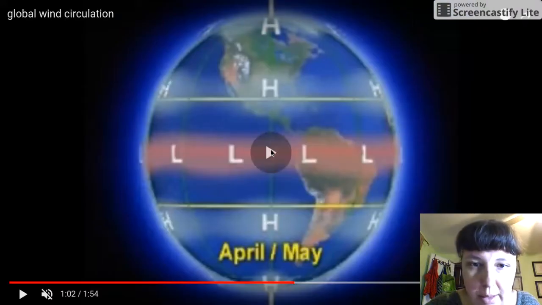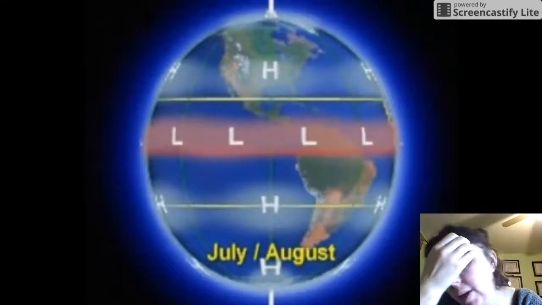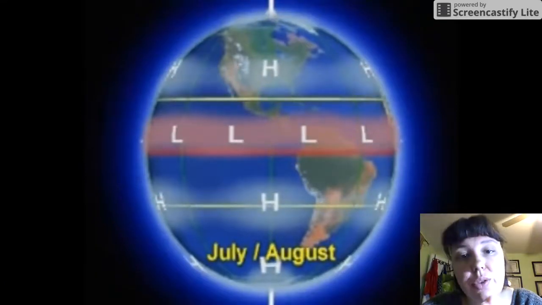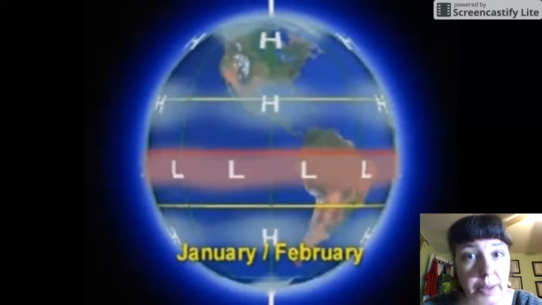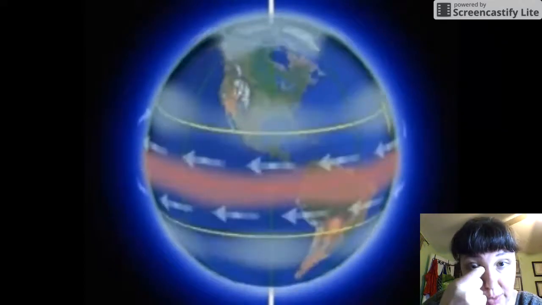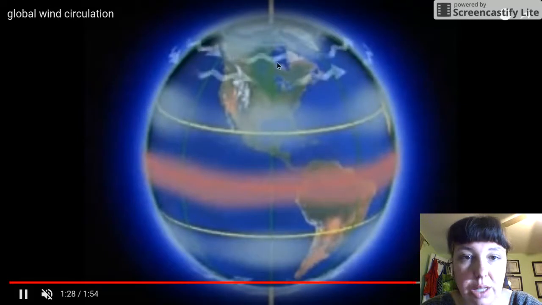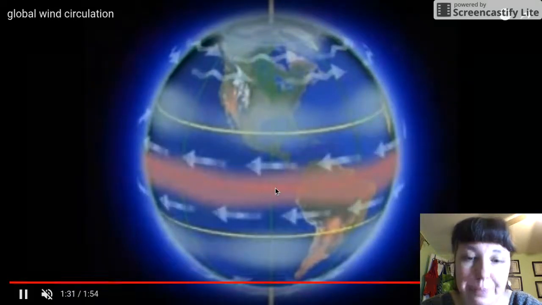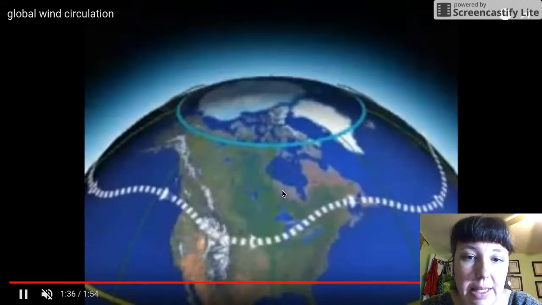All right, I'm going to pick up with the natural shifting of these high and low pressure cells, which just shows you that these natural cell cycles do move northward and southward dependent on where the sun is most directly hitting the Earth's surface. So this goes all the way back to when we talked about Earth-Sun geometry and the natural Earth-Sun angles, and you can see that that shift between the north and southern poles moves the high and low pressures northward and southward depending on seasons. And now they're